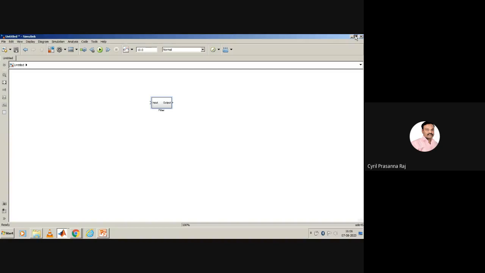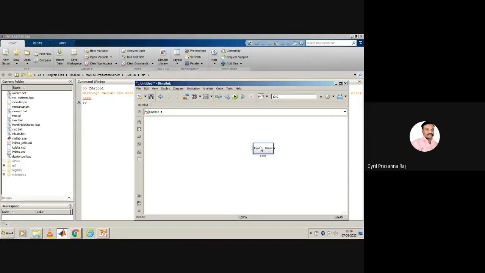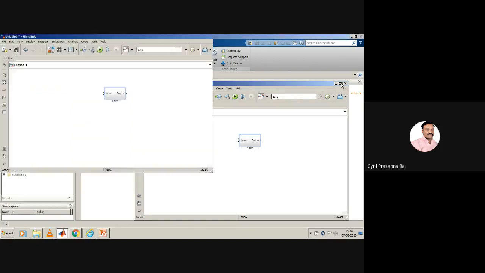Now I want to see whether this really works as a filter. To check whether this works as a filter, what I'm supposed to do now is see how to apply input and check the output. So to identify the input and output, I need to invoke the Simulink library. So let us see how to invoke the Simulink library.